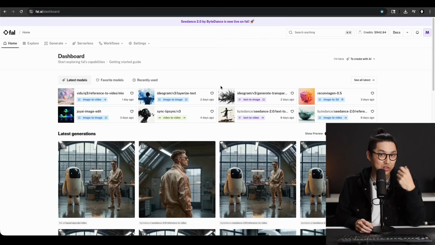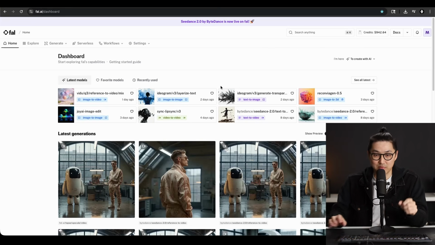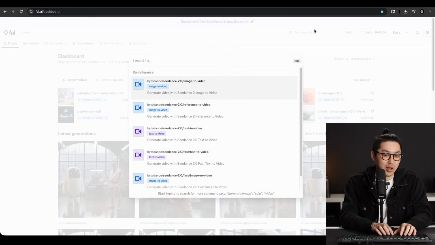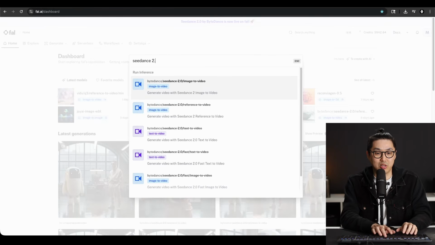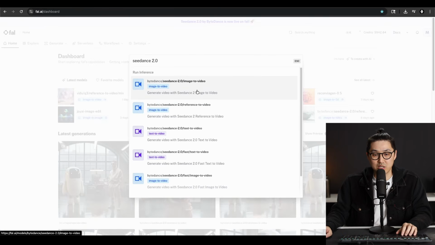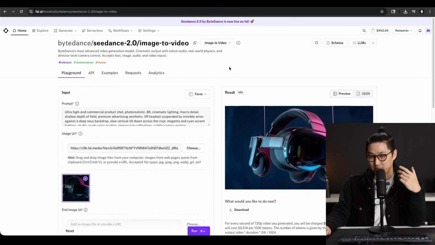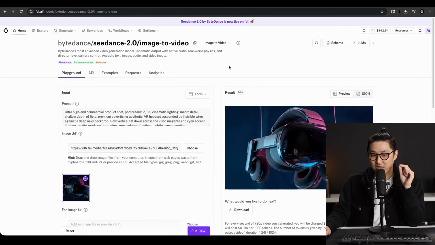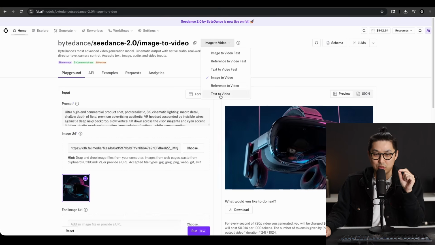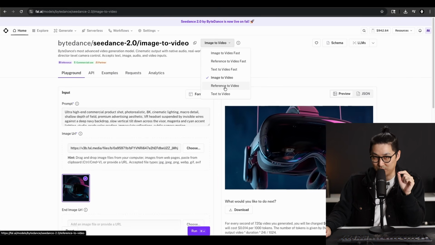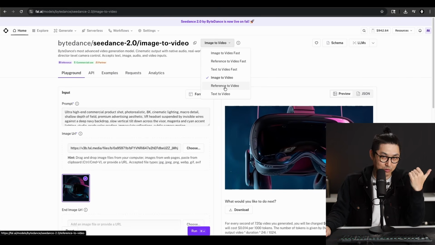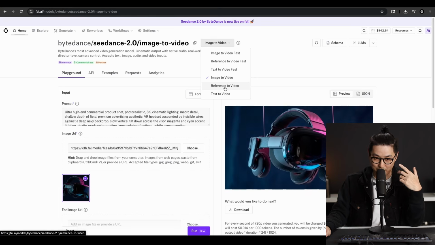Let's look at some other features of Seedance 2.0 using the wide shot that we created already. So again, on FAL, I'm going to type in Seedance 2.0 once again here, and we're going to go to image to video this time. So image to video is a little bit different to reference to video in that it's only images, whereas references can also have video, can also have audio.